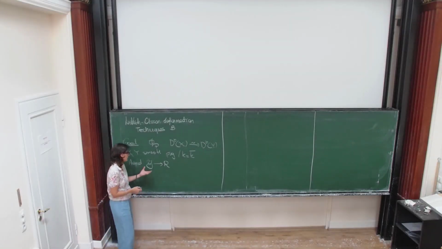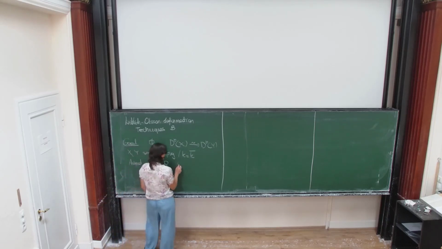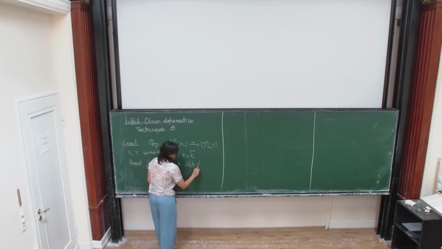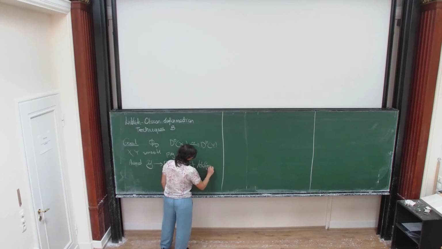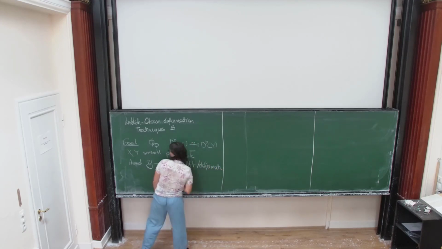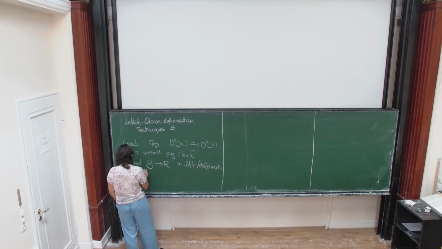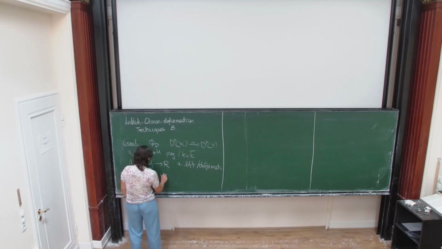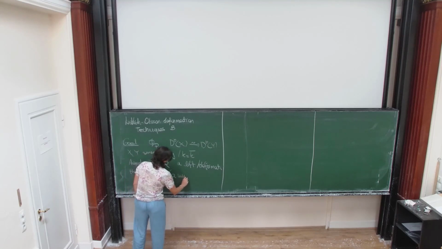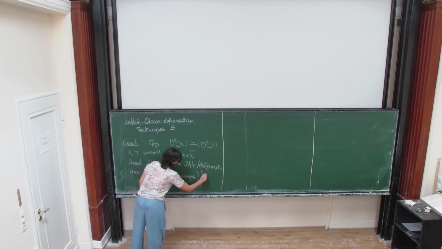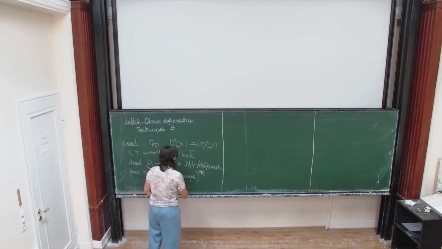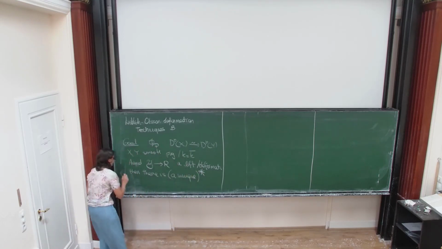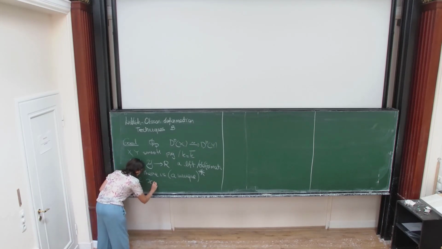One application in this direction is that this technique also works to deform equivalence in characteristic 0. So if you have a lift deformation, then there is a unique, let me put a big asterisk here, I will write the fine print afterward. So there is a unique deformation over R